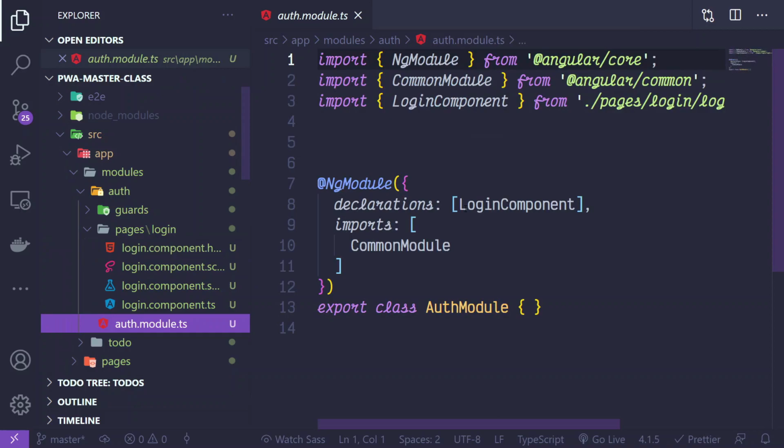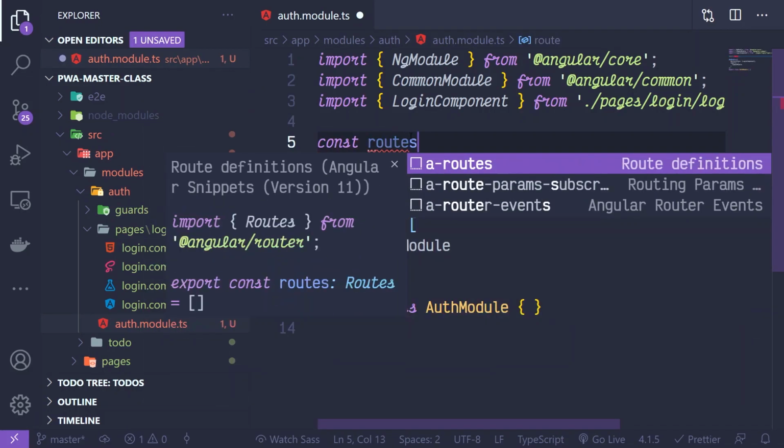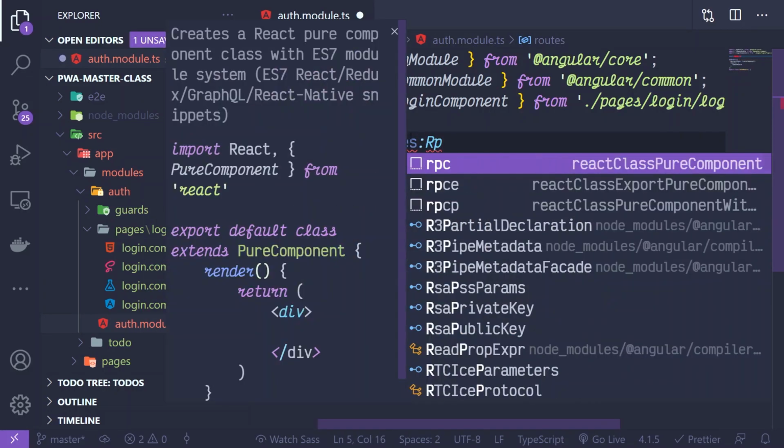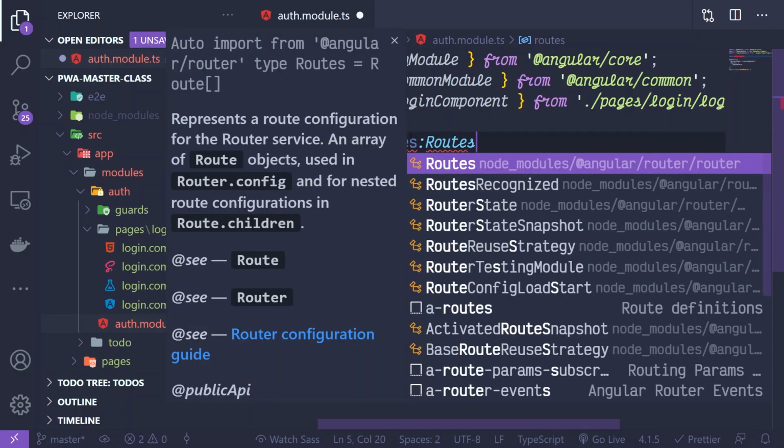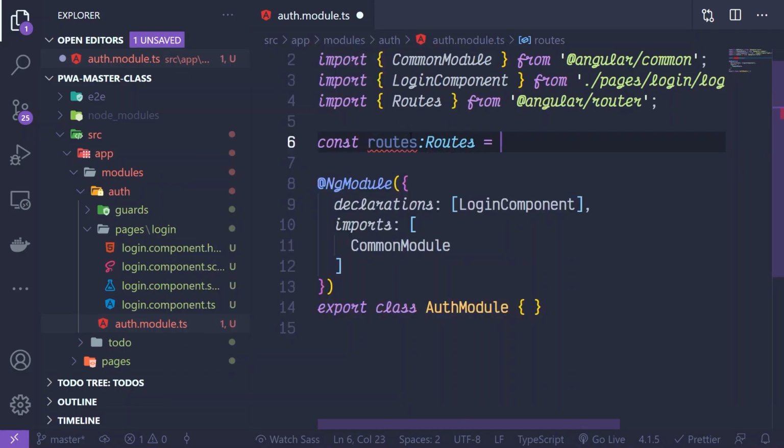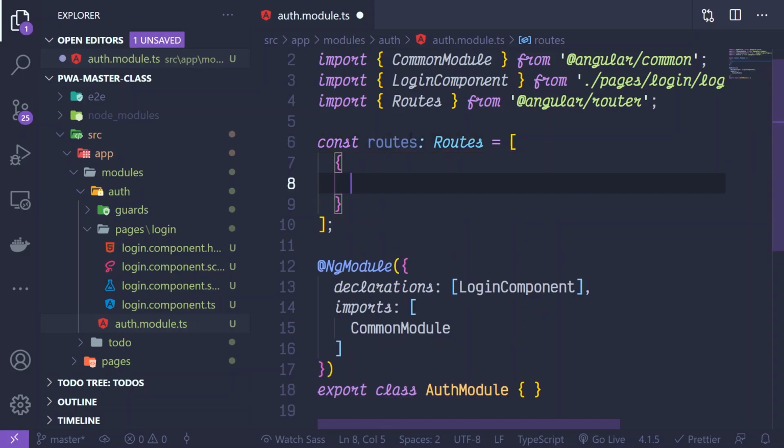Now let's define some routes, and this is how you create your own routing. First, create a constant routes of type Routes. It will be an array of route objects. Initialize it with a route object, same as we did in the app module file. Provide the path with an empty string. Why here? Because we will register this module on the app module